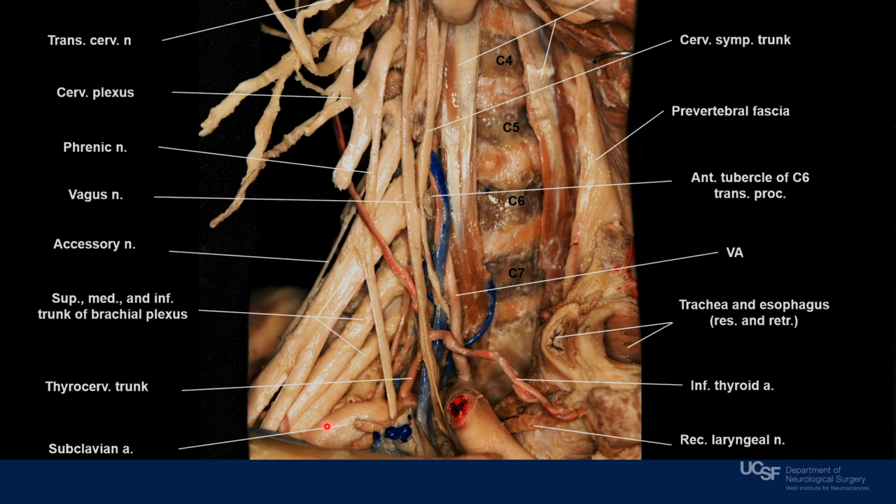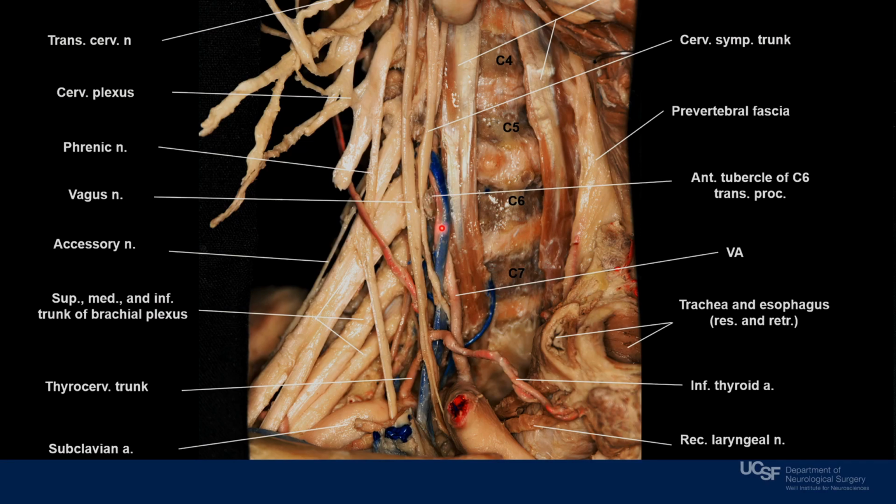We see the subclavian artery and the thyrocervical trunk giving origin to the inferior thyroid artery. We remember the superior thyroid artery comes out of the external carotid artery, and the ascending cervical artery. Moving medially, we can see the vertebral artery,